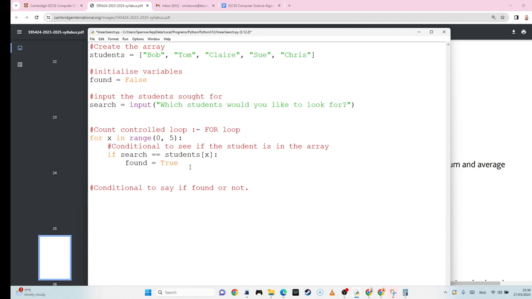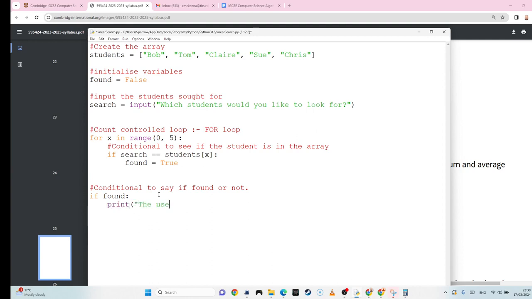Okay, so if we said if found, now you could say if found equals true, double equals. If found equals true is the same as if found, because all of our conditions will basically become a Boolean. So whatever your condition is, it must either be true or false. So if search equals students, the result of that is always a true or a false. So it becomes a Boolean anyway, so we can kill that and just say if found, and don't worry if that's weird and confusing. So if found, print